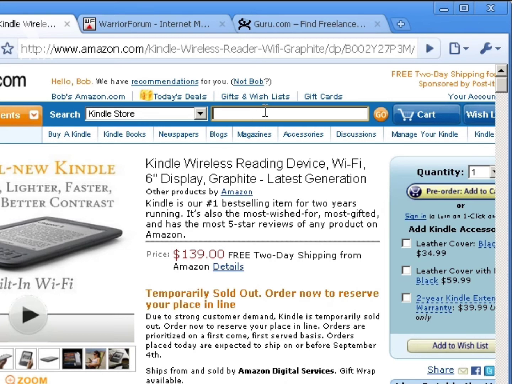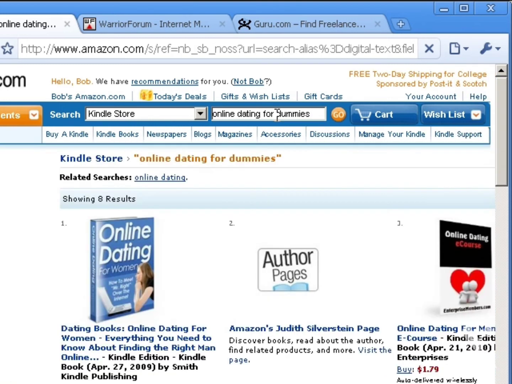So, like I recommended earlier, go to similar books and figure out the table of contents of those books. If you don't want to guess, say you want to write about online dating, look up Online Dating for Dummies. The Dummies book has a table of contents on it. So use that same method to figure out a table of contents. Now, don't plagiarize. I repeat, do not plagiarize and do not copy word for word. This is simply to get an idea of what you can do.